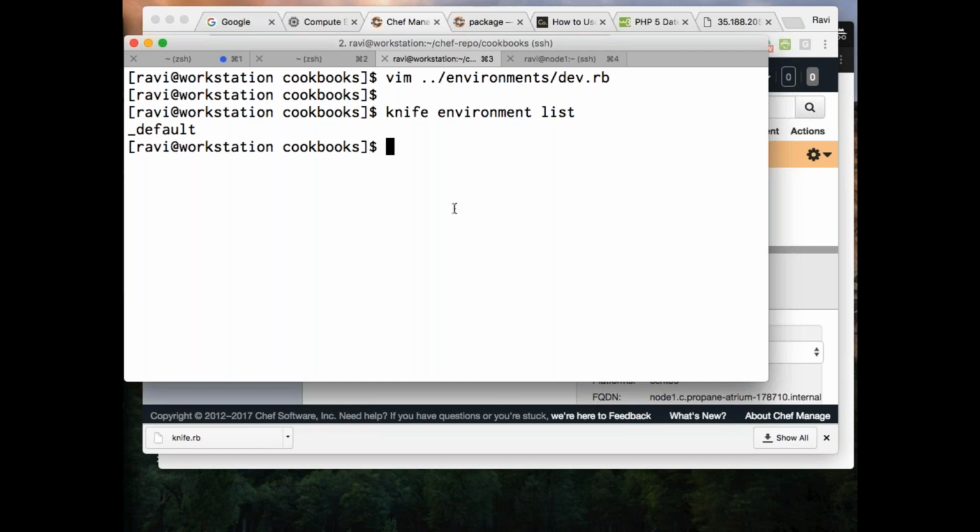I told you, any node you create will by default go into the environment called _default. Now I'll say this should belong to my dev environment. I'll say knife environment from file dot slash environments dev.rb.